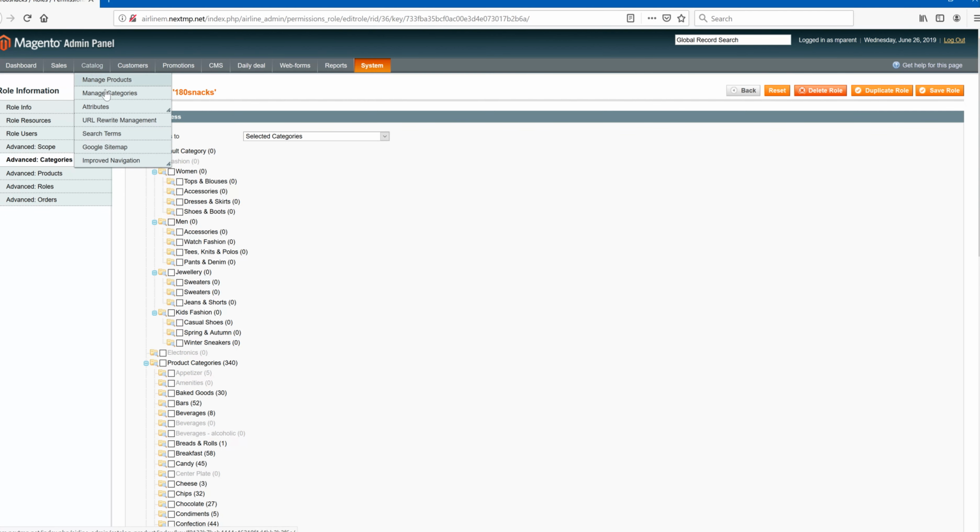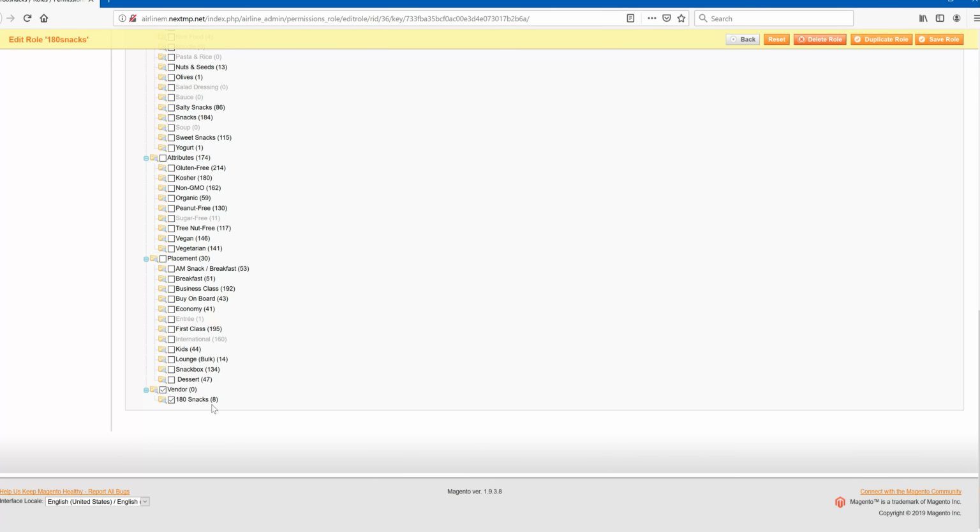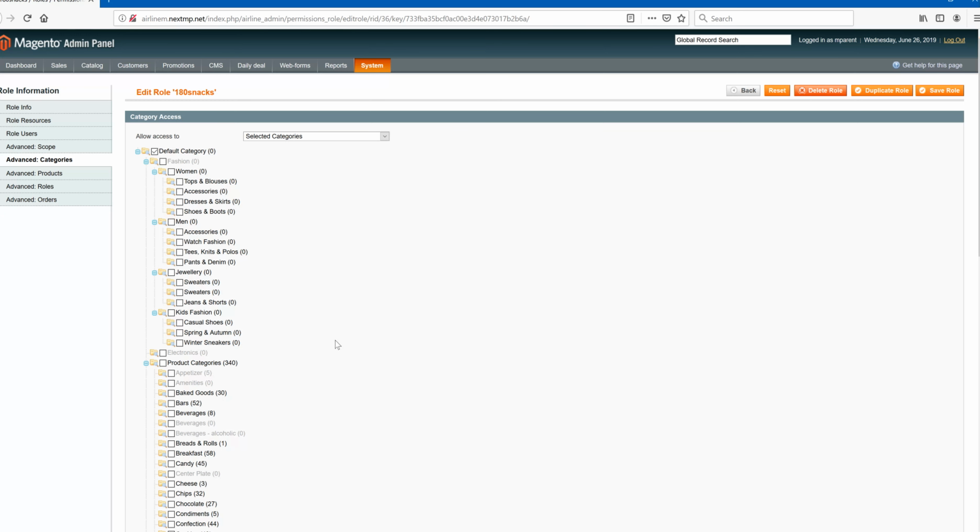Before you do that, you'll want to go to Manage Categories. So Catalog, Manage Categories, and add a new category underneath Vendor. So you could probably go through this list, find all your vendors, add them all in ahead of time, and set these up. Once that's complete, then